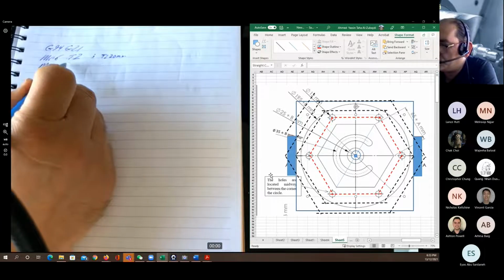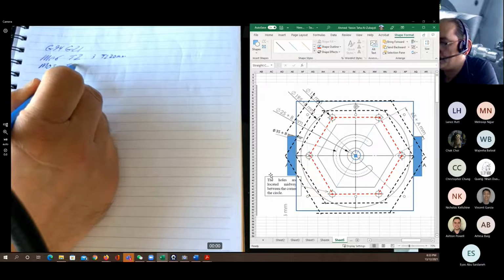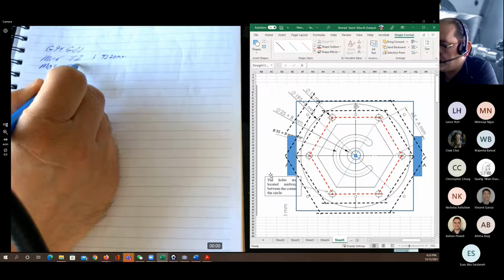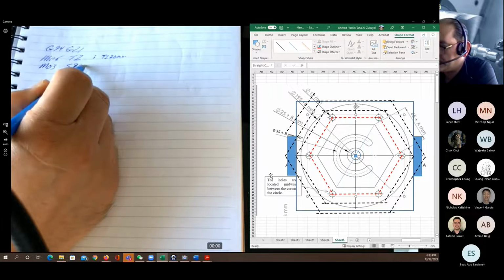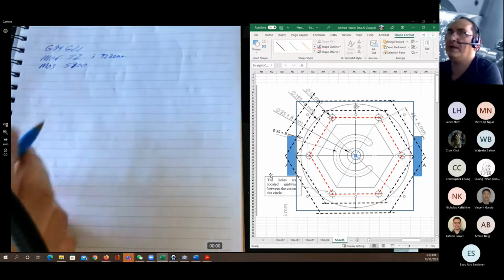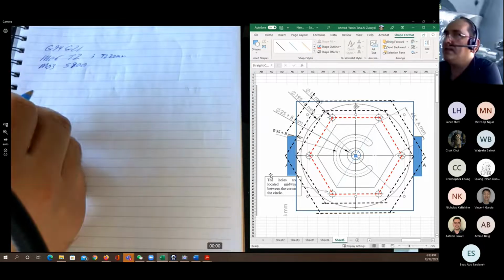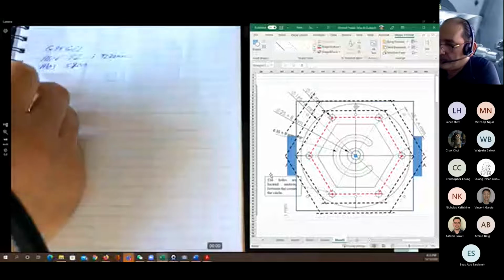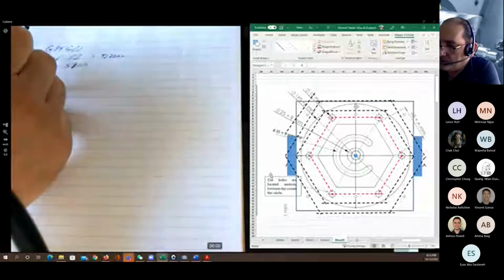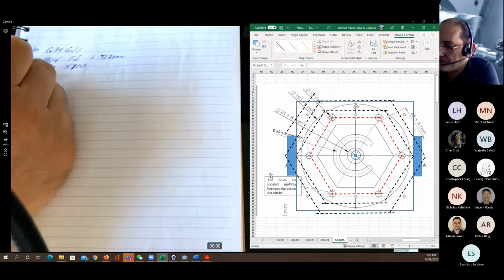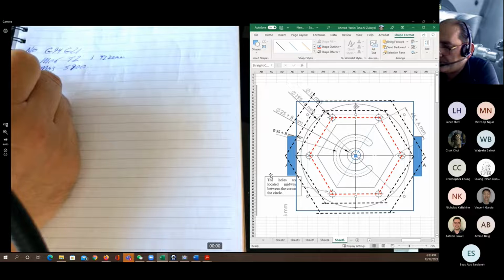M03, again to turn on the spindle at the speed of, this will be rough cutting, so it should be turning slow. I will put 800 RPM. I don't have to mention the unit because it's defined already as RPM. And now, of course, I need to put the numbering. This will be N10 and 20 and 30